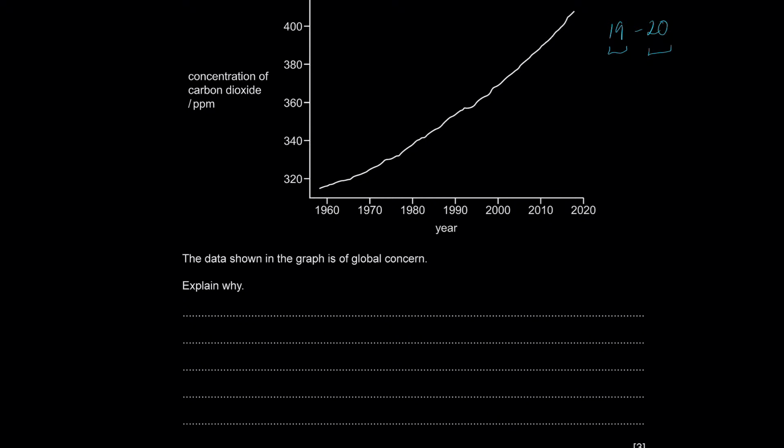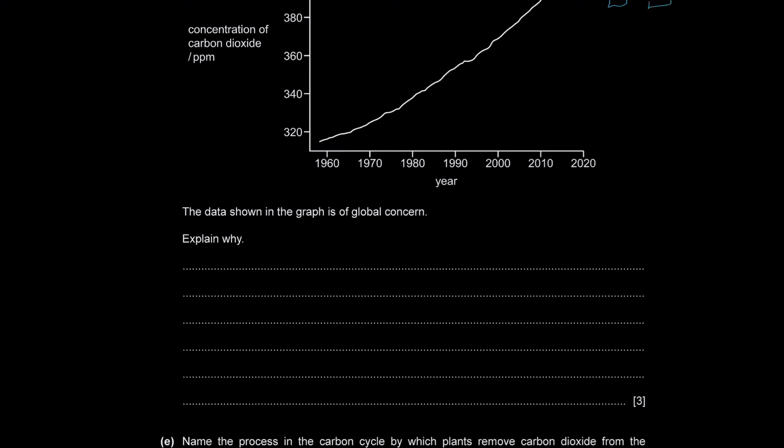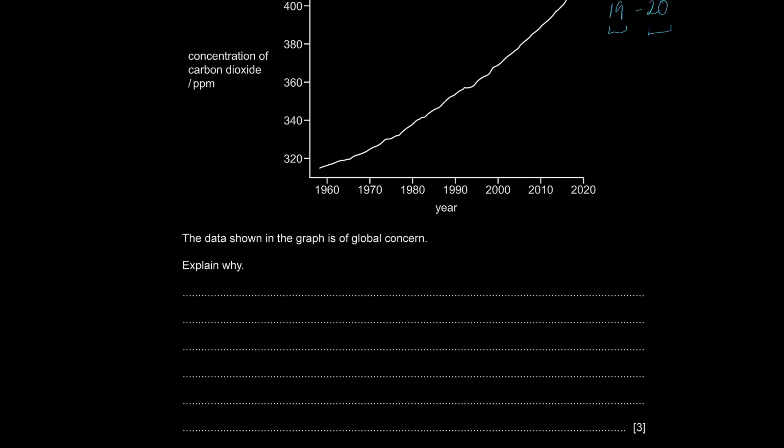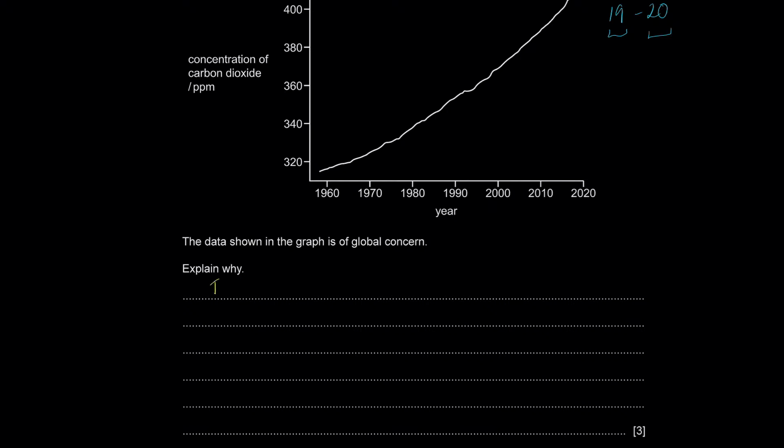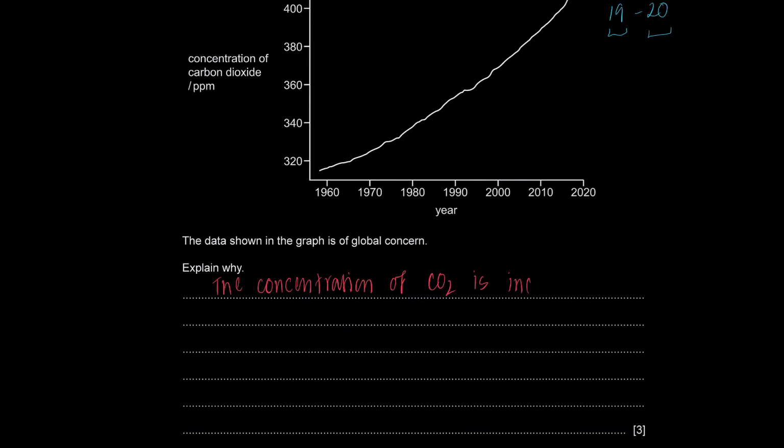Okay. Why is the increase in carbon dioxide bad? There is an increase. Okay, why is this a global concern? Why is this graph essentially highlighting a global concern? Because it's showing the concentration of CO2 is increasing. That increase in concentration of CO2 is a greenhouse gas